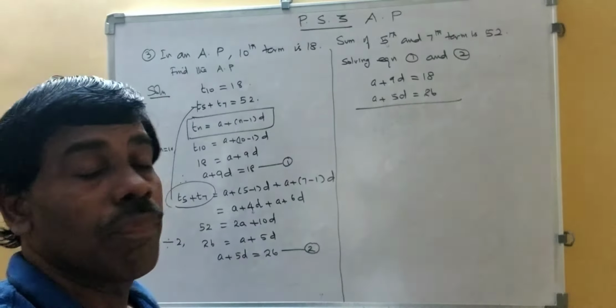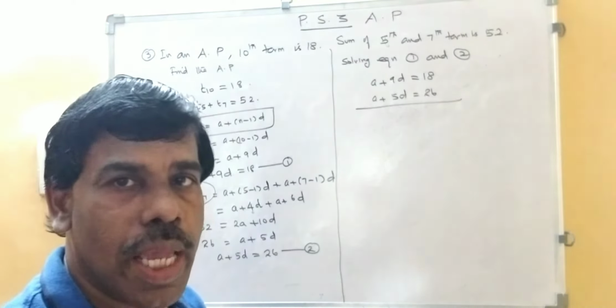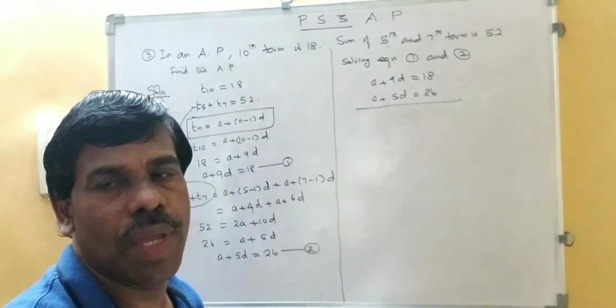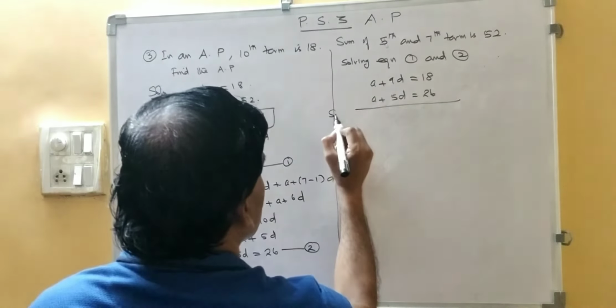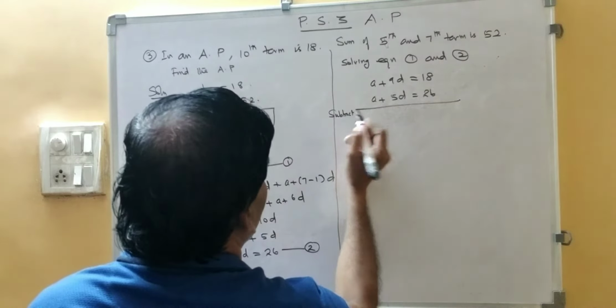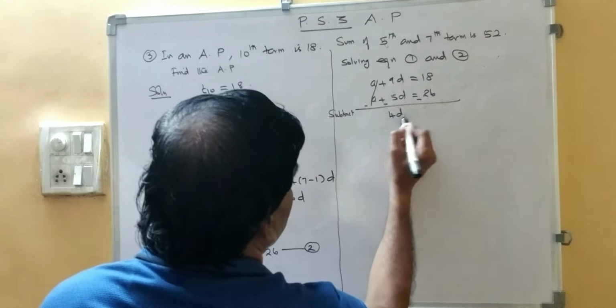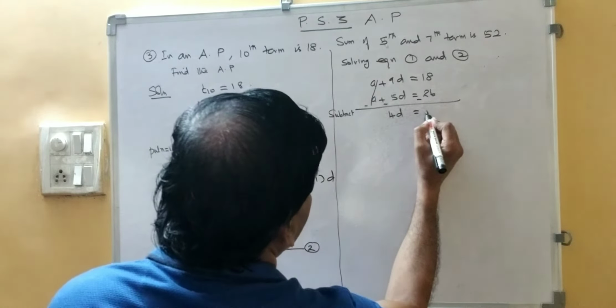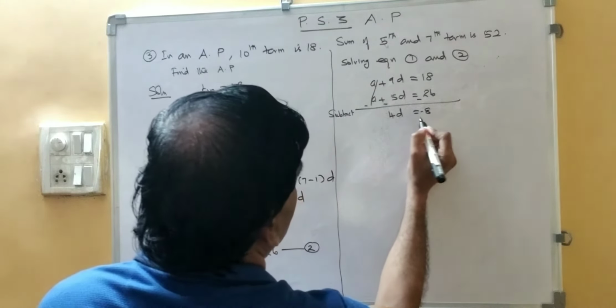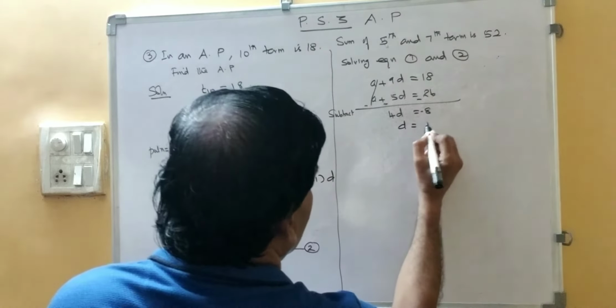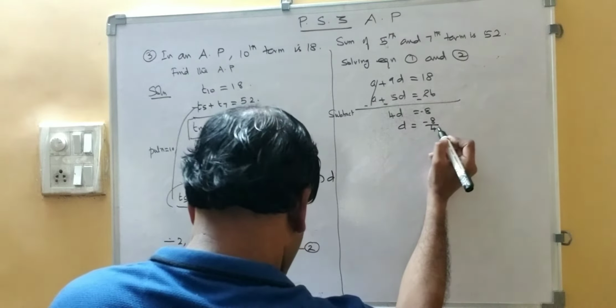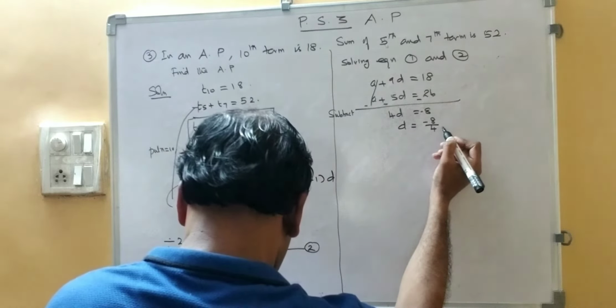See here, the coefficient of A, both are same and same sign. So, we have to subtract. Minus, minus, minus. So, 4D equal to minus 8. So, D equal to minus 8 upon 4, which is equal to